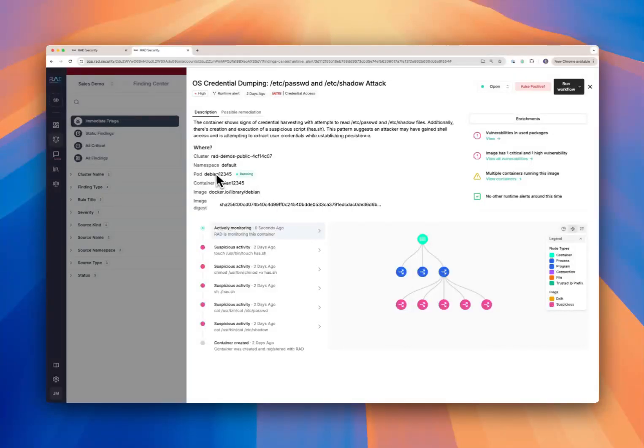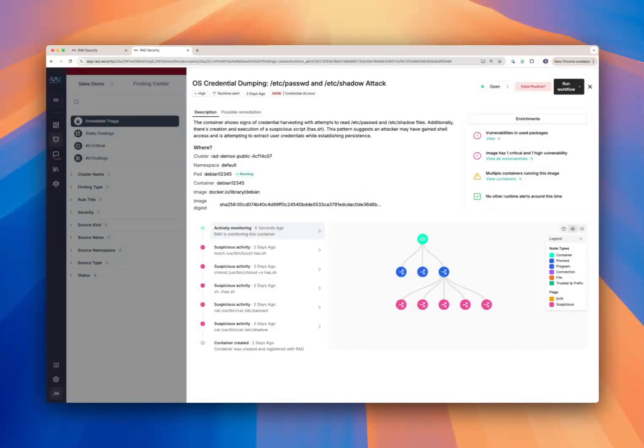This is in a Kubernetes cluster in EKS called rad demos public, in the default namespace. It's a Debian container. And you can see here all of the different elements that brought this to our attention inside of